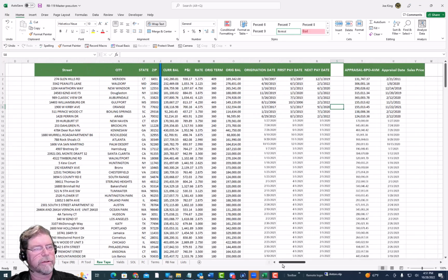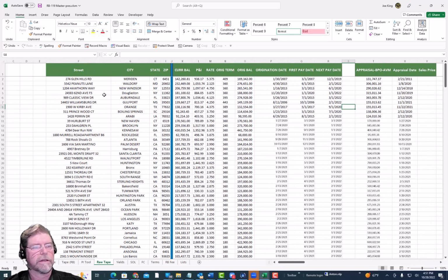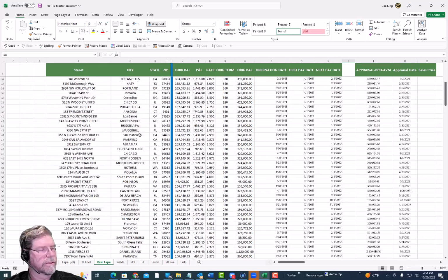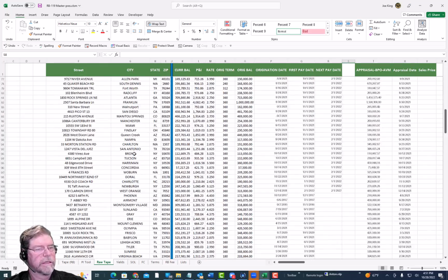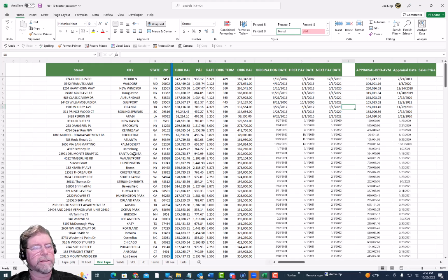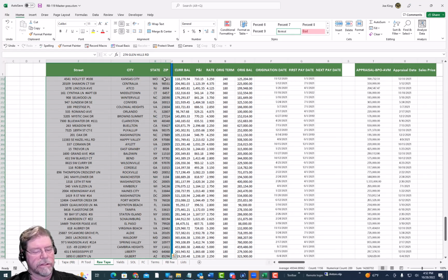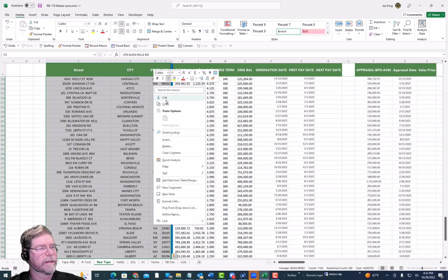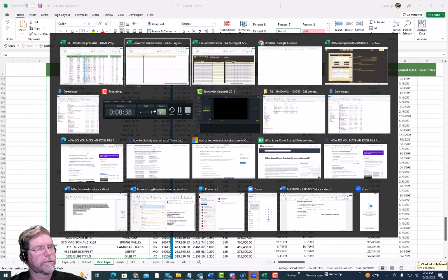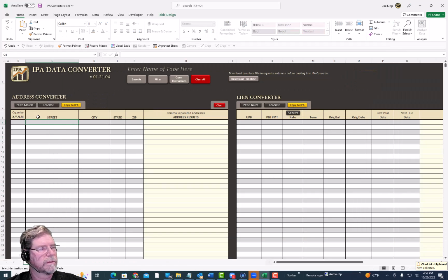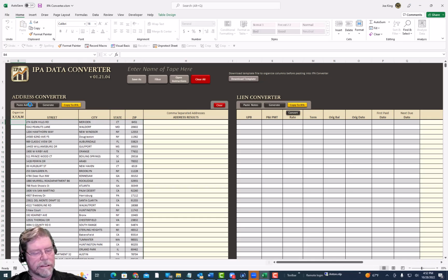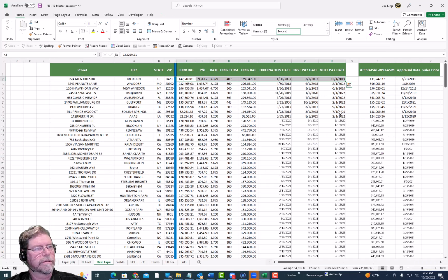It takes a little bit of time to do it. Well, if you have a tape of 100 or so assets like this one, and you want to go through them and keep organized and know what you've organized in IPA, this is a good way to do it. So now all you've got to do from here is grab your addresses here and Control C or right click copy, go to the converter tool, paste, go back to your tape,